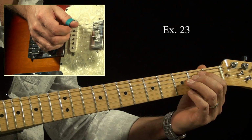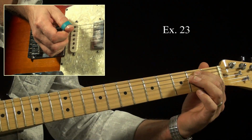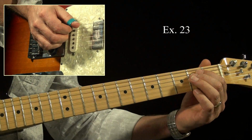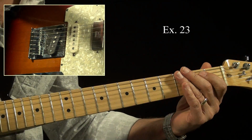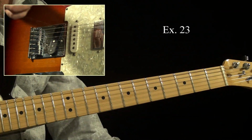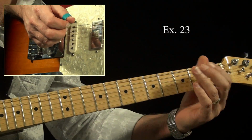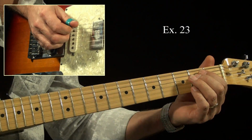Pick, and that's the open E, of course muted, we got the muting going on. Double stop, pick, double stop, double pick, double stop, and then we kind of hold that for a rest. I don't know how long it is, an eighth note, maybe a 16th, or I mean a quarter. I don't think it's quite that long. So we have